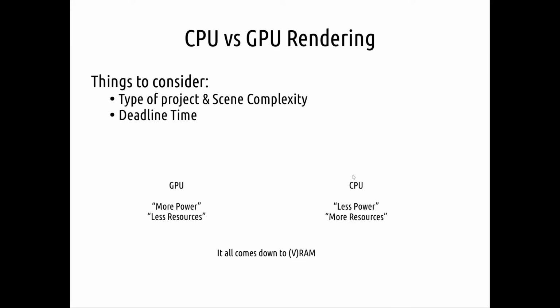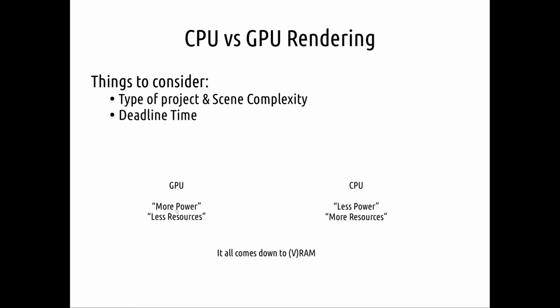Now, again, I really want to avoid people thinking that I'm saying one is better than the other, and it really isn't. It really comes down to what you need. Same with deadline time. One of the main reasons that I like to use GPU rendering is because when I'm working for a client, I have very quick turnaround times. Sometimes it can be a week or 2 weeks to do an animation of a minute or even more, or even longer than that. And having multiple GPUs in one computer is really easy, and I can really speed up rendering and get things out very quickly and have happy clients.